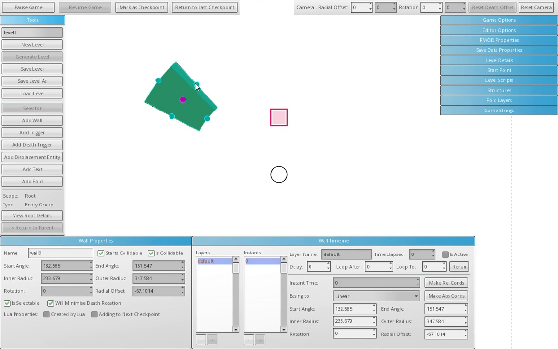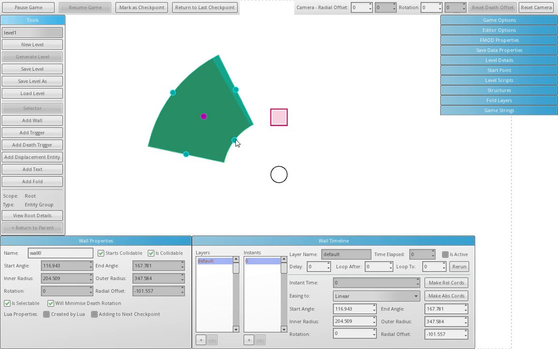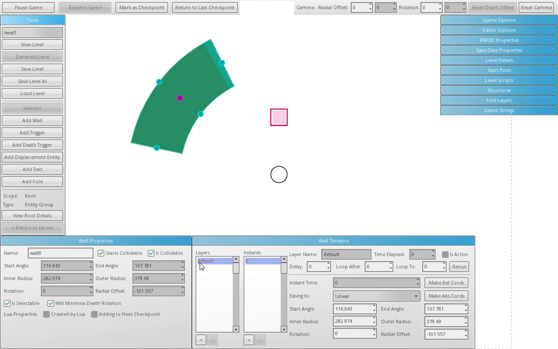With the wall, I can go through and tweak the size of that, the start angle, the end angle, start and end. The start and end angle are relative to 0, which is pointing to the east. And what you notice is as I stretch this in and change the values, I'm modifying the timeline. For the default timeline at the point in time at 0, these values are being updated. Cool. And so one of the things I might do is click a plus under instance here,